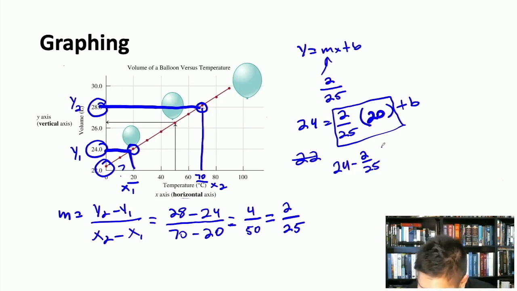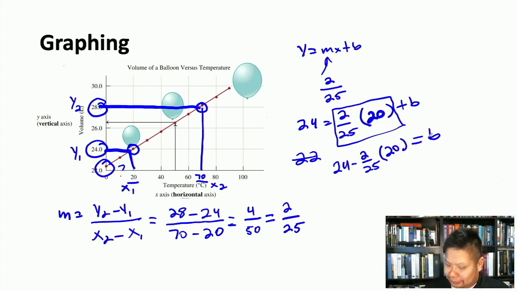Wow, that was difficult for me. Times 20 equals b. And then we can solve for b now, right? That's great. We can solve for b now. So if we do